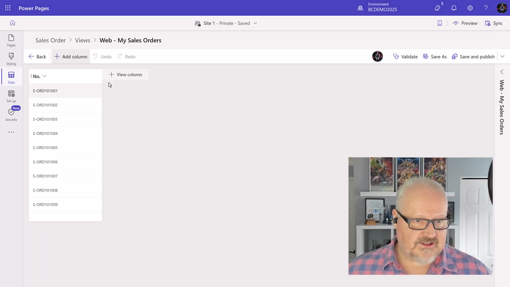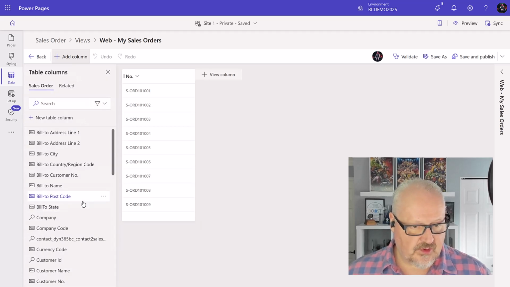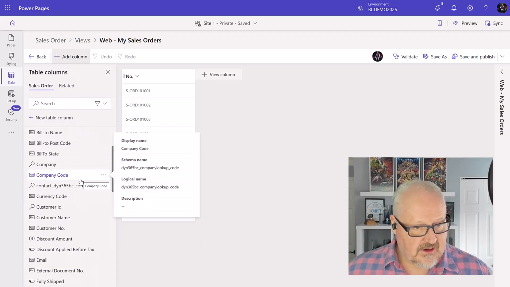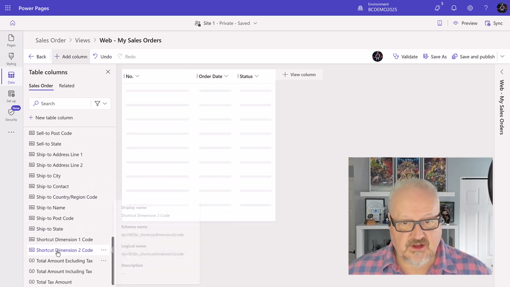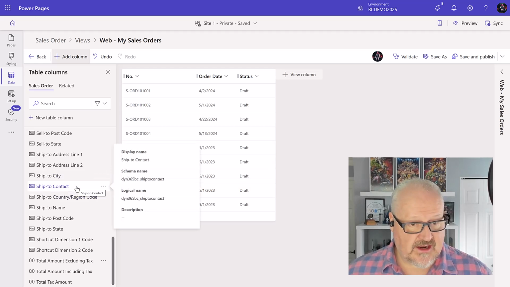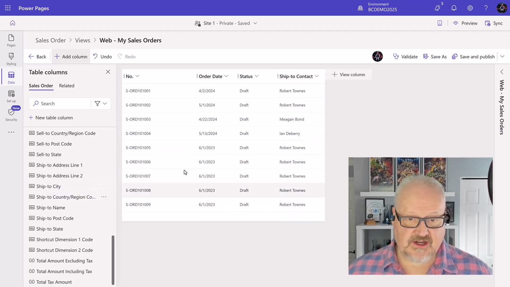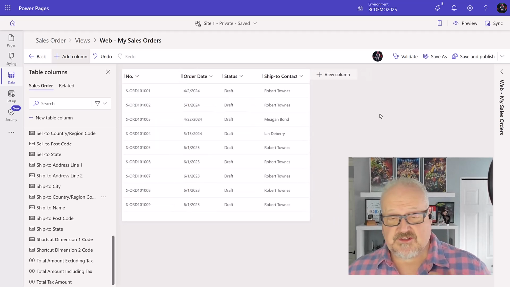And here we have the sales order number. What I want to do is add existing columns. I'm going to add in terms of the order, let's say the order date. The status is probably a good idea, currently in draft, and then basically the ship to contact, maybe. Pretty straightforward information that we'd have on our sales orders that our customers might want to view, specifically our own